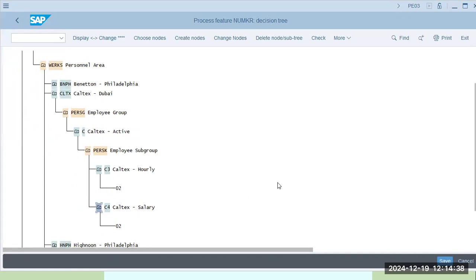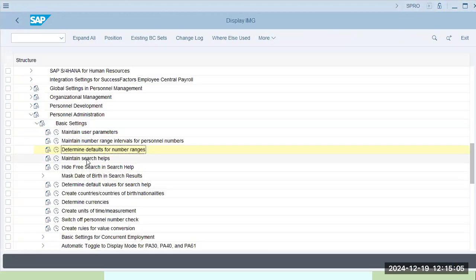So what you can do is take a snapshot of this and paste it in your notes. Okay. So it becomes a reference for you for future help. Okay. Now coming back, next part is